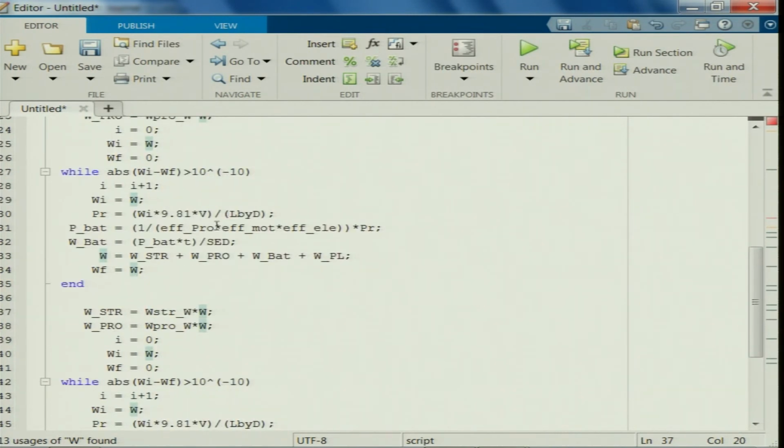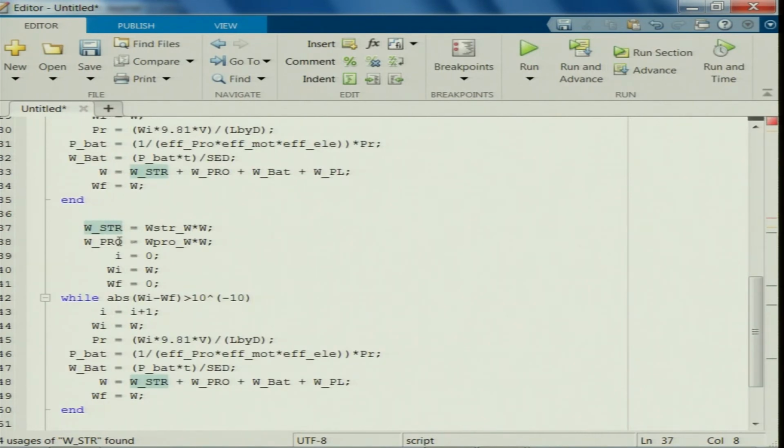So, initially in this particular loop what we have upgraded is just the battery weight, right. That means the total weight of the aircraft is upgraded in terms of battery. Now, what we are doing is with that battery weight we are upgrading the structural weight and propulsion system weight. So, these are the two weights that we are upgrading for the new UAV for the new mission requirements, right. And once we complete this task, then when there is an increase in structural weight and propulsion weight, there should be an increase in the power requirement to perform that. That means again the battery weight has to be changed. So, in the second iteration, this battery weight will be changed.